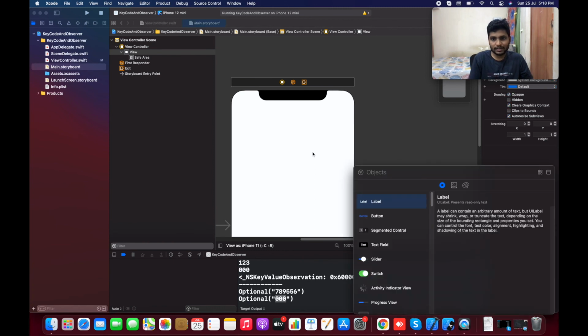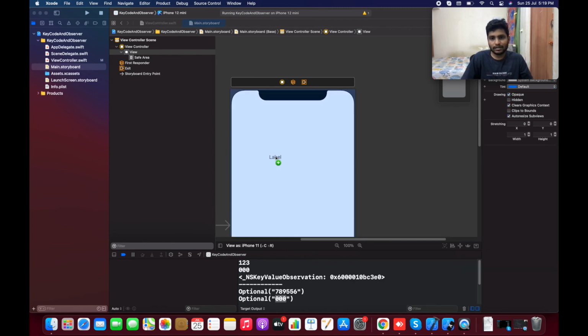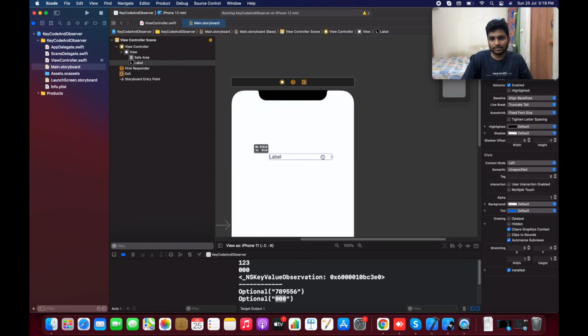So consider we are using a storyboard where we have a label. Whenever the values get changed with the label, we are able to retrieve the values from the label. How is it doing that? Indirectly, with the help of this key value observer only, whenever we change the value it's getting updated. So this way we implemented key value observer and key value coding. That's the thing I just want you to know.